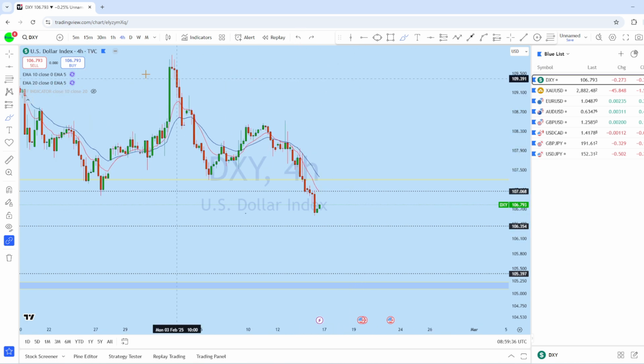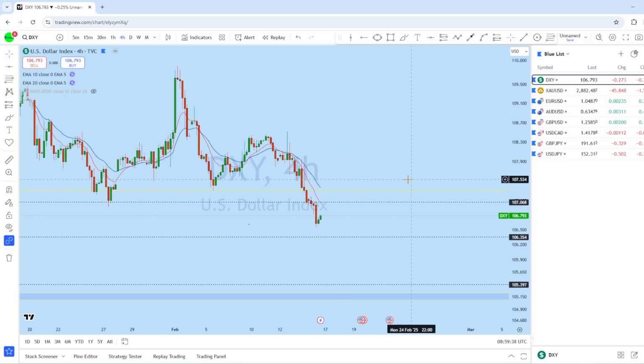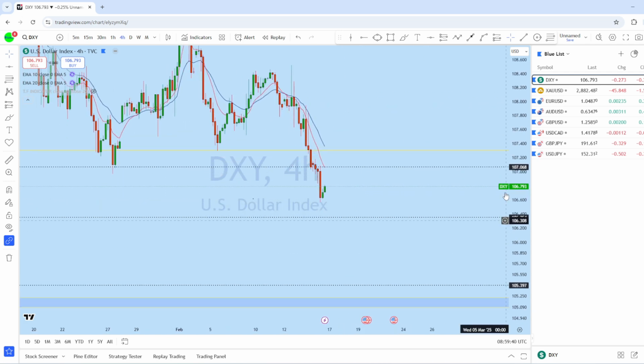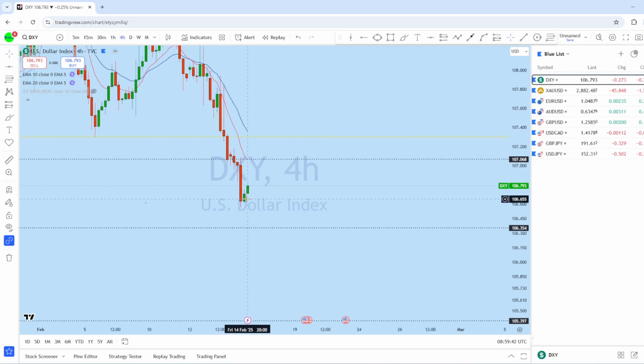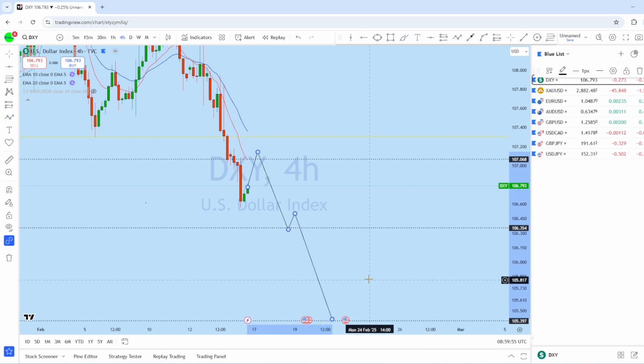Therefore, if we look at the 4-hour time frame, we can expect the market to remain bearish. At the same time, we might see a pullback here. From this zone, we saw a big drop to that support level. Expecting a deeper pullback with the market open can give another selling opportunity on DXY.